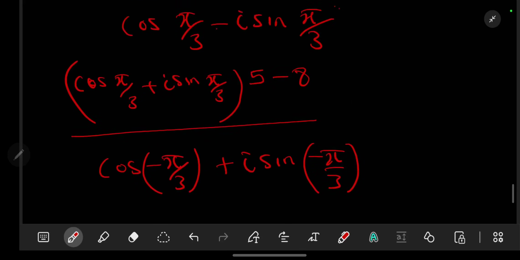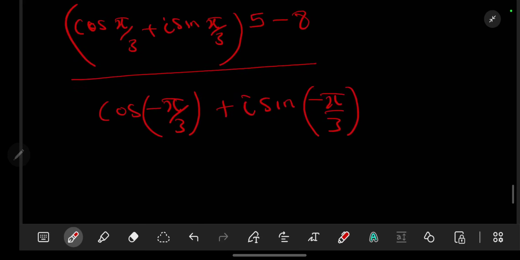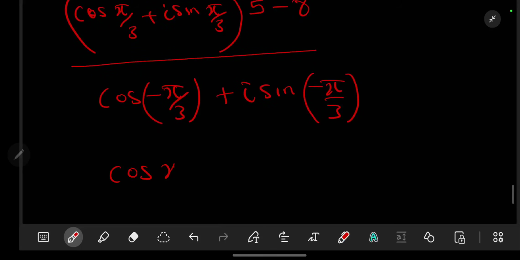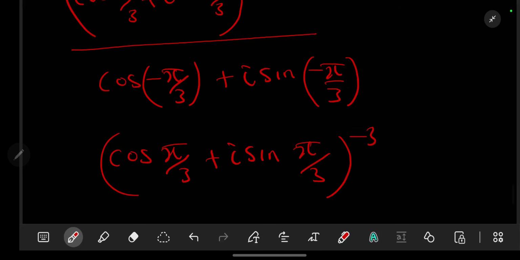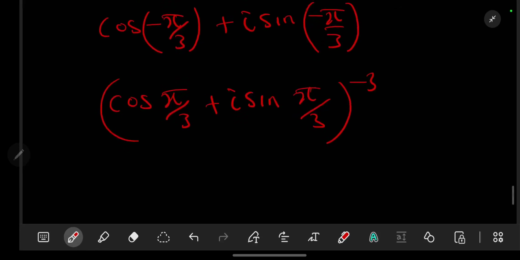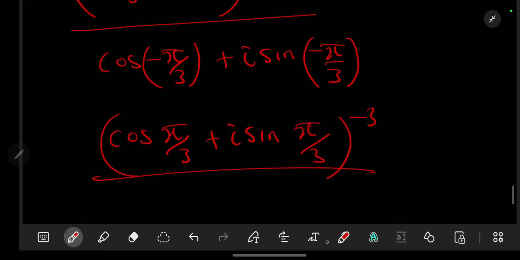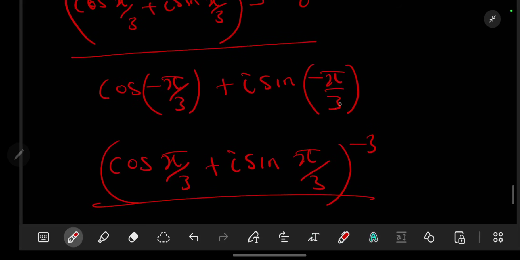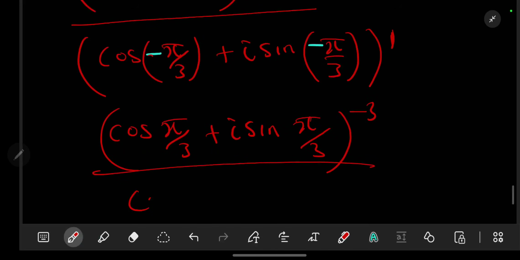So 5 minus 8 is -3. So the top will be cos of pi/3 plus i sine of pi/3 to the power of -3. At the bottom, we have this -1, which is the same as having to the power of just 1. So this -1 is going to be thrown out, and it will find this +1, so it will be a negative. So we are going to say cos of pi/3